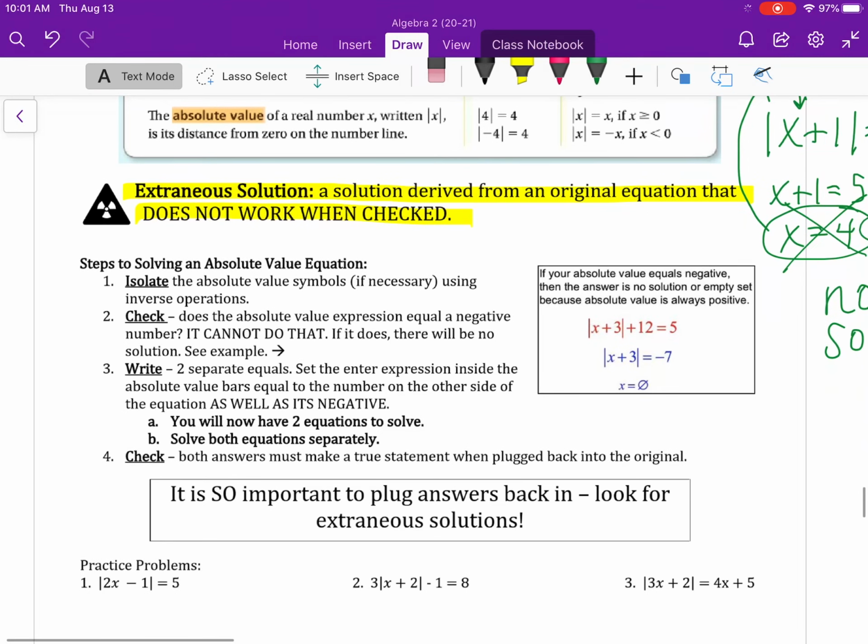So that's just a little introduction. You'll see some steps right here for solving an absolute value equation. Isolate the symbols if necessary, so get the absolute value symbols by themselves. Does it equal a negative number? If it equals a negative number, we're going to have no solutions. Split into your 2 cases. And then check your answer: always, always, always. So this was hopefully just a good little introduction and reminder of what absolute value